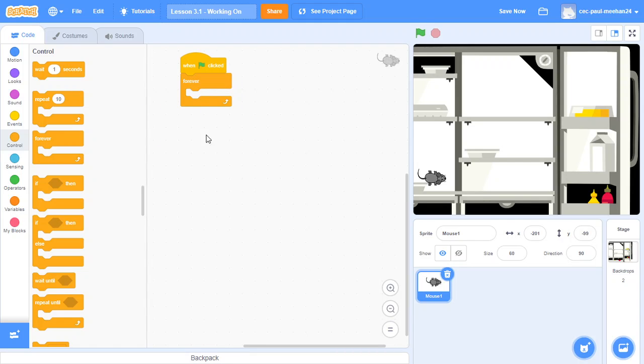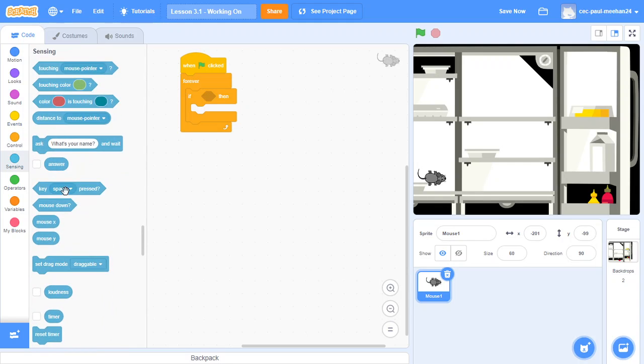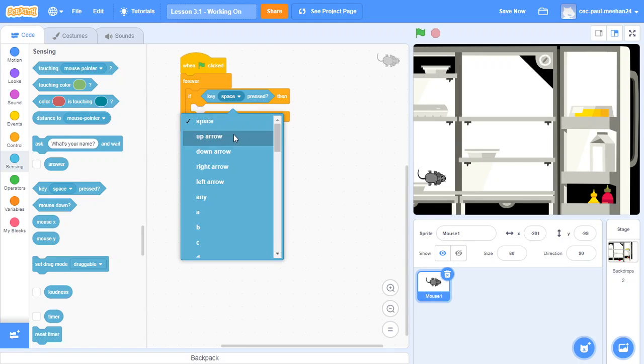Forever? Yes, forever. That's a loop or iteration, as I've taught you about in Python before. Very similar to Python, it's still coding, just block based. And we've got an if then, and we're going to go for, so that's selection, isn't it? We're going to go for sensing, and we want to go for key something pressed. It's always defaulted as space. We're going to go for up arrow,